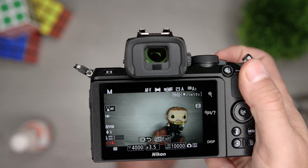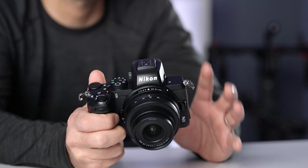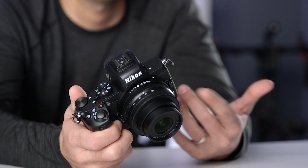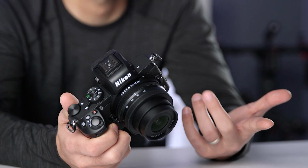If you've watched some of my videos, you know that I'm a huge fan of fully articulating screens because I feel like they provide so much functionality in terms of positioning, both for photography and video. And this is a feature that's available on even the lower end Nikon DSLRs like the D3500, the D5600, I think the D5300 too. But instead here, Nikon elected to go with a flip screen, which is the second best choice, except for it flips